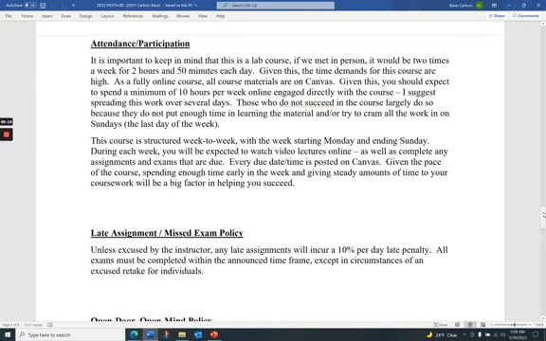Once in a while, I do see people who try to cram in all the work on Sunday, and that doesn't work well. Those people generally are very anxious, very nervous, and they tend not to do as well. So start early in the week and chip away at things. Don't try to cram everything in one day.